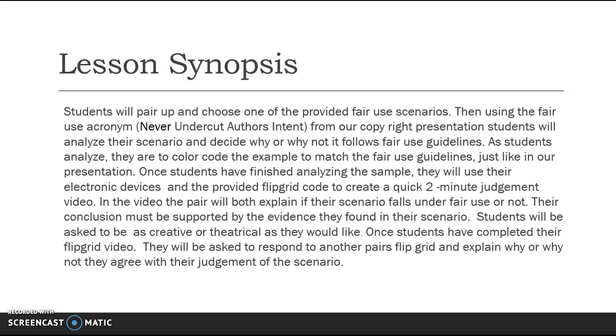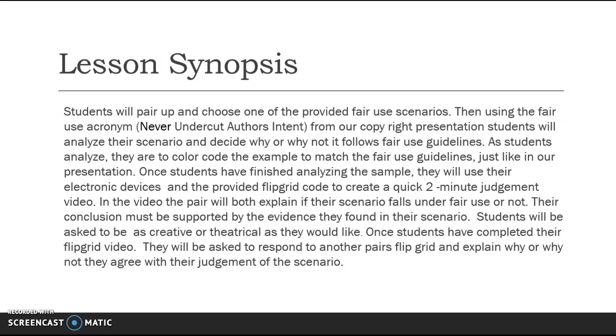So, a quick synopsis of the lesson. Students will pair up and choose one of the provided fair use scenarios. Then, using the fair use acronym, never undercut the author's intent, from our copyright presentation, students will analyze their scenario and decide why or why not it follows fair use guidelines. As students analyze, they are to color code the example to match their fair use guidelines, just like I did